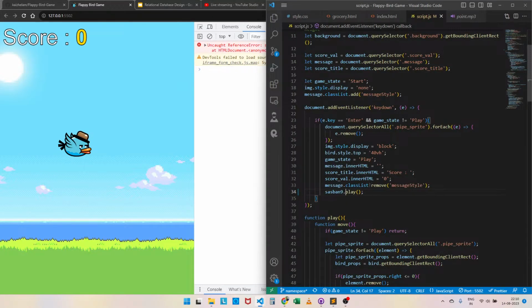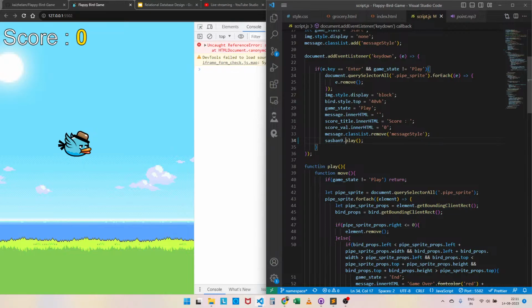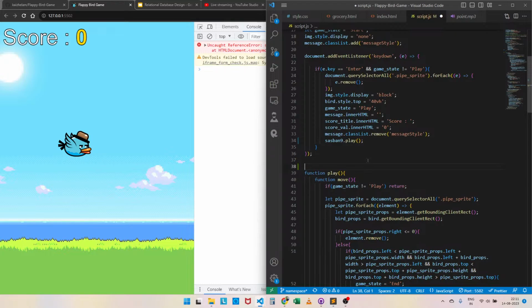Now let's see how we can make this better. The function play has to be in salesman9. So the first thing I will do is